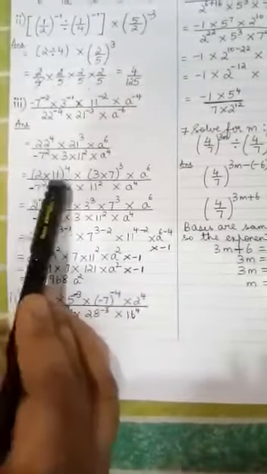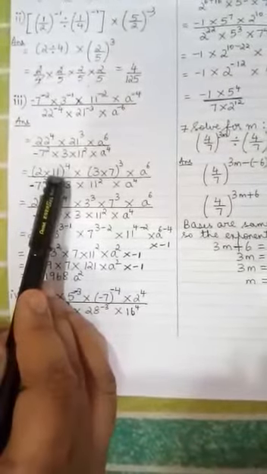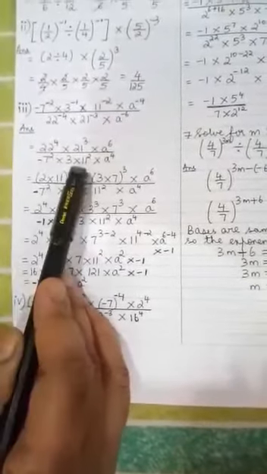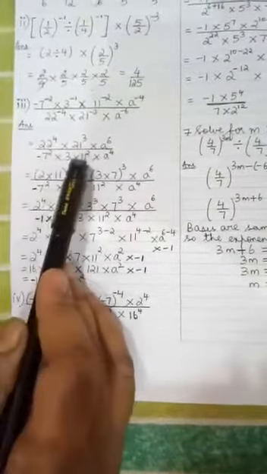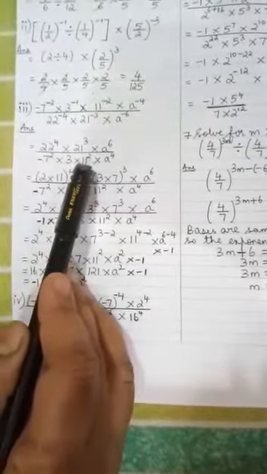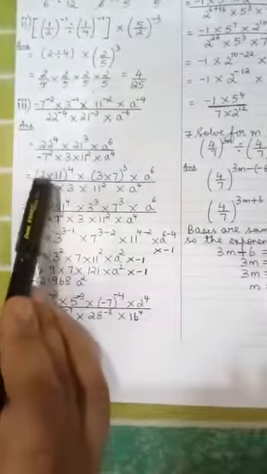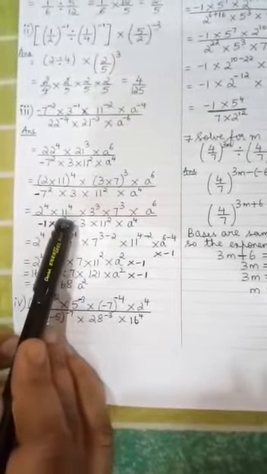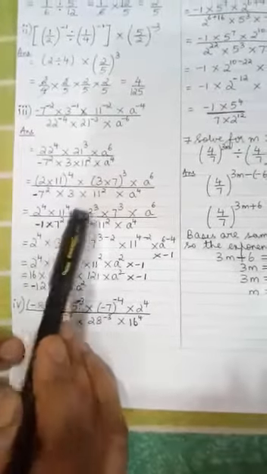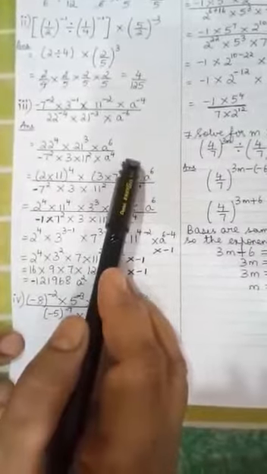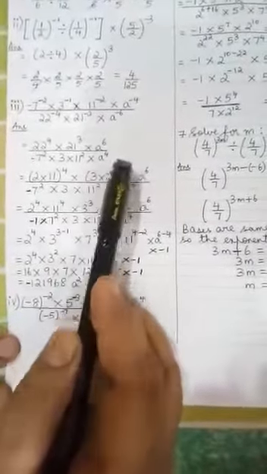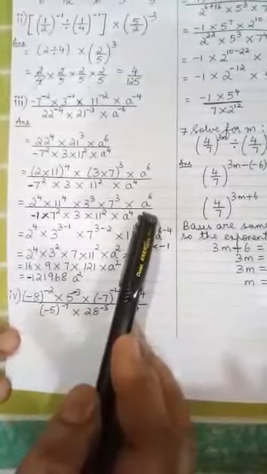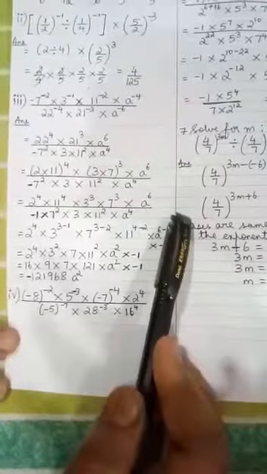Now here this is in the form AB the whole power m. AB the whole power m should be written as a to the power m into b to the power m. So you see it here, 2 to the power 4 into 11 to the power 4, into again AB to the power m. So 3 to the power 3 into 7 to the power 3 into a power 6 divided by, this is